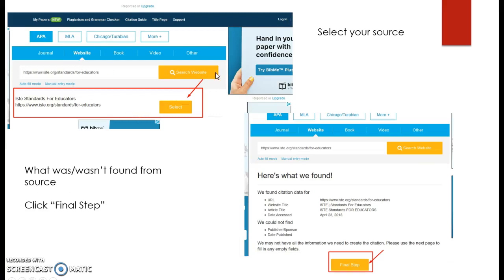Once you've done that, it'll bring up the source that it found. So for example, this is the website, and the website I was citing is the ISTE Standards for Educators. And sometimes you'll find multiple citings, especially if you type in a book. It'll bring up several of the different printed versions of the book, so you might have to go through a couple of sources and find the correct one. But in this instance, I'm citing a website, and there is only one website, so I would simply click Select,